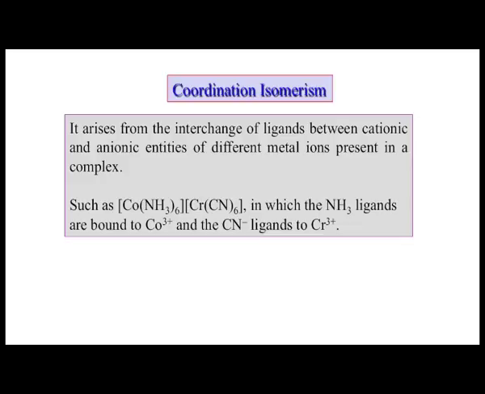So, this is one particular compound in which the ammonia groups are bound to the cobalt and cyanide groups are bound to the chromium center. So, you can have a certain type of stabilization for this, that means the chromium can have some good preference for the cyanide ligands, while the cobalt prefers the ammonia molecules for coordination. Now, if there is an interchange, that means the cobalt will come over here and chromium will go over there. That is also a reality, when the cobalt is going for binding to cyanide groups and the chromium is going for binding to the ammonia ligand.